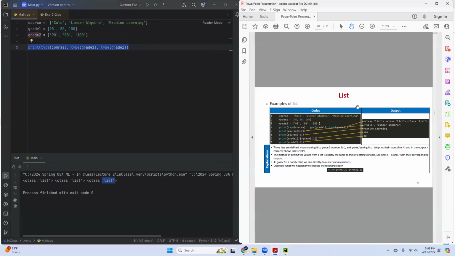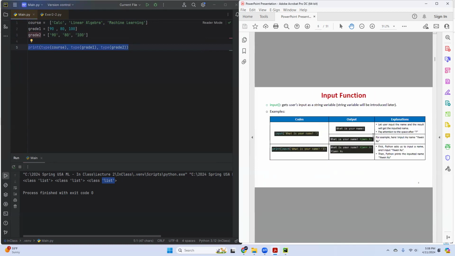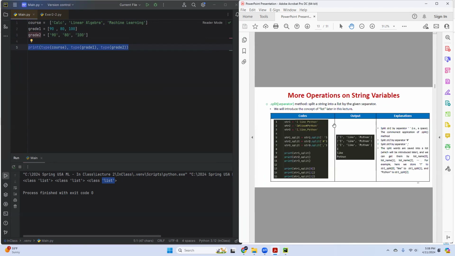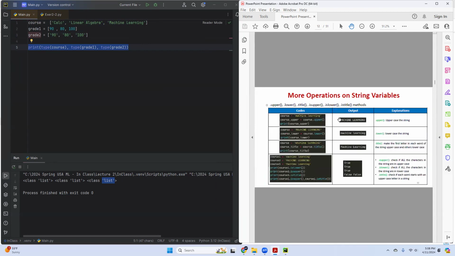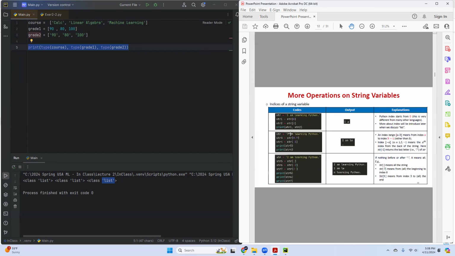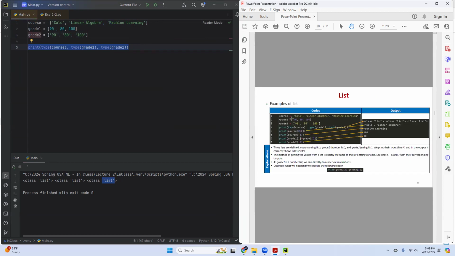Remember in the string, let me go back here. In string, we can use index. Here we go, indices of a string variable. We can use all those, remember? And always remember it starts from the 0th element, instead of the first. It's actually from 0 to n minus 1, where n is the length of the string, right? Okay, so here, list is